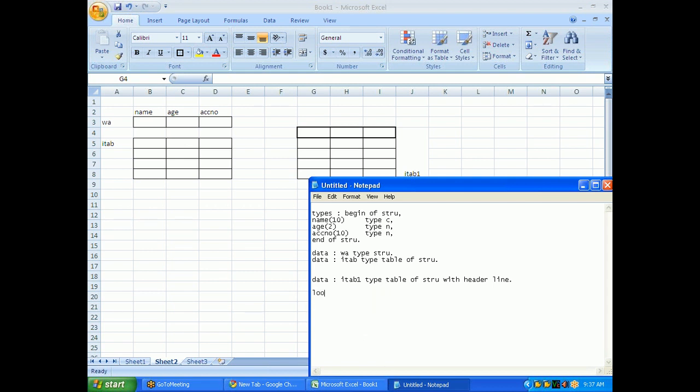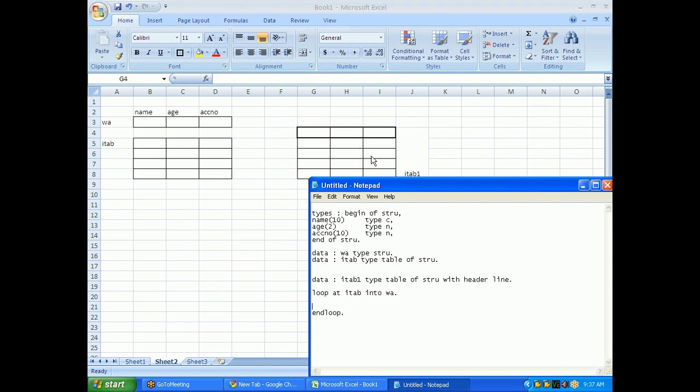Say now, loop at itab into work area. This is the syntax, and end loop. Inside this loop and end loop, you will write some write statement, or you can do some select statement or something.